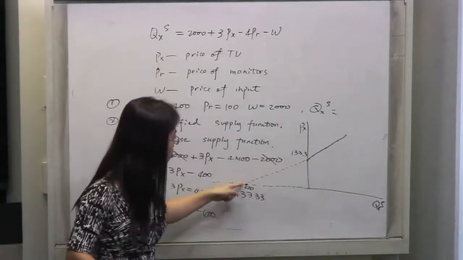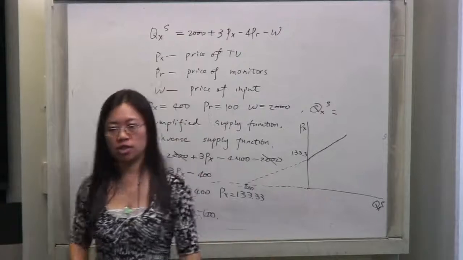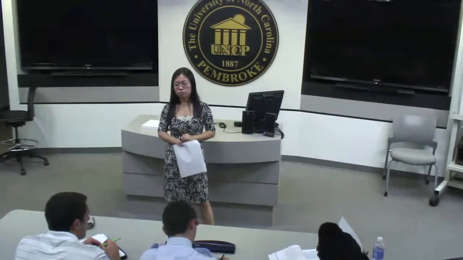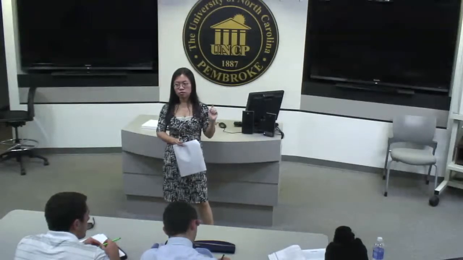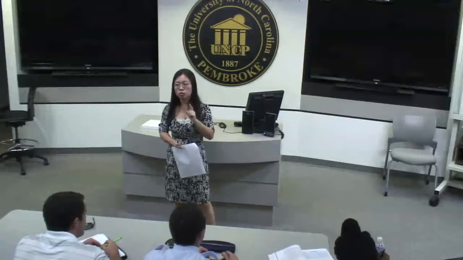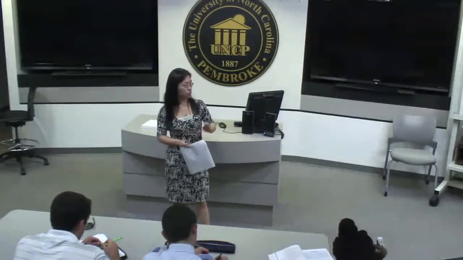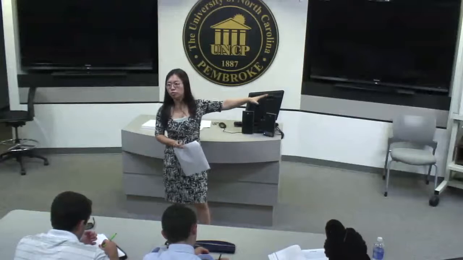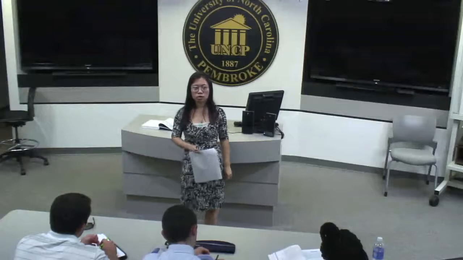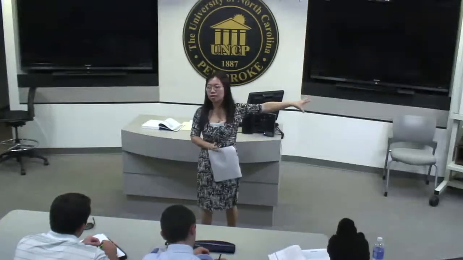But we rely on these two points to find the supply, but the real supply is only on the right side of this vertical axis. You can do this yourself. Give it a shot. You need practice. You can understand everything I do here, but when you do it yourself, it's very easy to make a small mistake. Practice. But everybody understands the concept here.